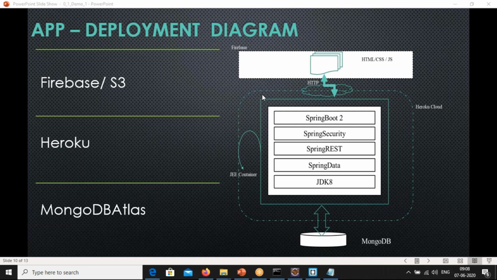Tomorrow at what time EST, like Canada Toronto time, will the class be? I am very bad at time conversion, but in Indian time, it is 6 a.m. IST. I am in Toronto, that's why I'm asking. So for Toronto, I believe it should be 8:30 p.m. Okay, 8:30 p.m. Okay.